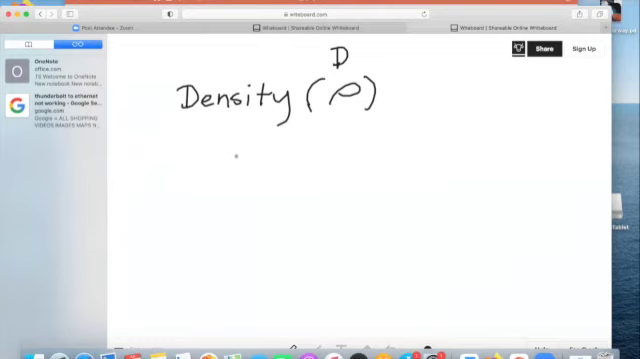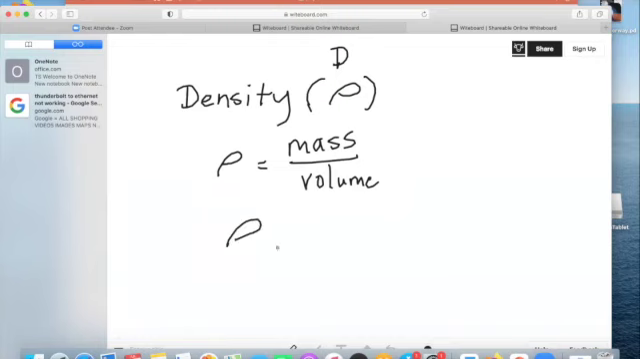All right, so again, density, which is denoted by the Greek letter rho, again, looks like a P, not a P, is mass divided by the volume. All right, so sometimes you'll see the density equation written as lowercase m over capital V. All right, and your mass is usually in kilograms. That's the SI unit for mass. And then your volume is usually in meters cubed. That is the SI unit for